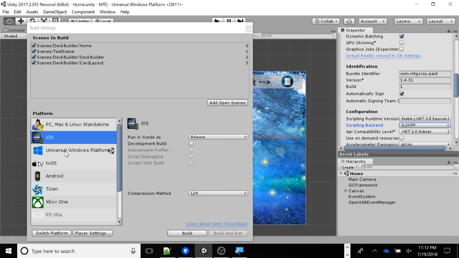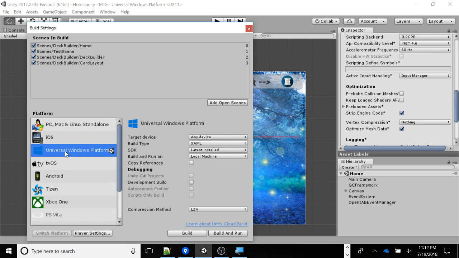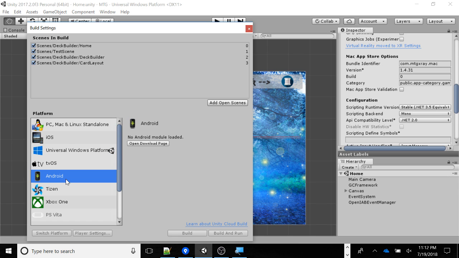Okay, so real quick, I'm not actually going to show Android right now. Unfortunately, I don't have the Android pipeline. You know what? I can kind of show it. So you would have settings right here that say whether it's debug or release, and then you go to player settings for Android, and you would set some similar things. Notably,